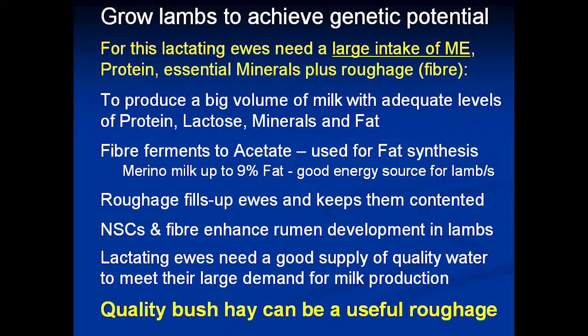Probably get it before it's fully set seed, and you can cut it then. It won't be overly high in protein, 7% maybe at the best, probably 8.5 megs, 9, but I don't think you get out to 9 megs, from what I've analysed of it. But it can be a valuable, useful source of roughage. And the thing is,